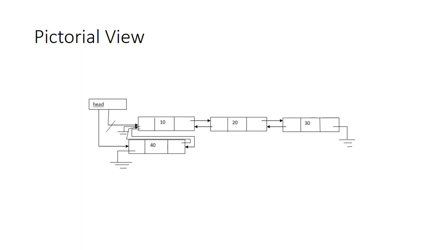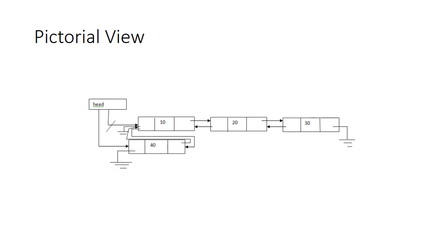That is the first case. If the value of head is not equal to null, it is understood that you have at least one node, or you may have more than one node, like 10, 20, 30, any number of nodes. Then this node which you have created has to become the first node, and you have to store its address in head. How to do that? Already I have made the left link as well as the right link null.